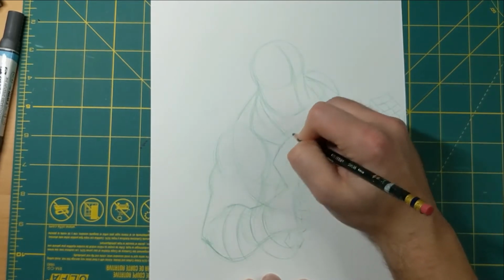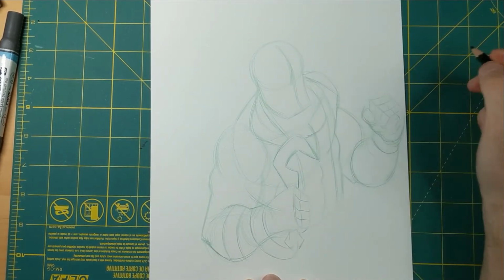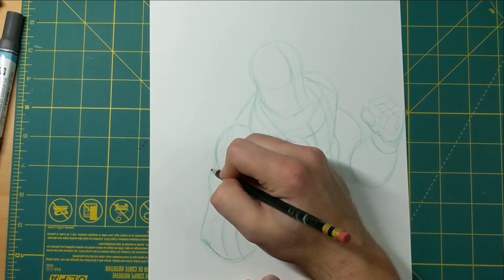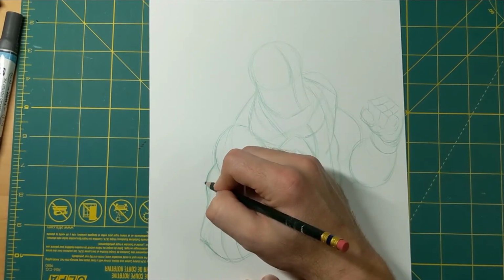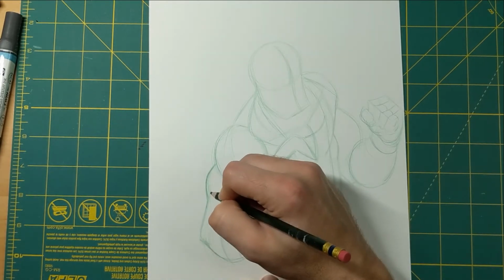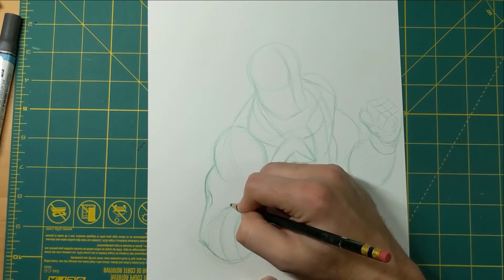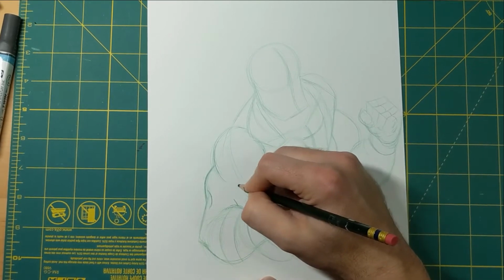Okay, now I'm gonna darken a few things real quick just so you can see the shape of them before I move on. For this arm, you can get a little more defined. The tricep right here, it's like a curved line out to this point and then a curve back down. You put this little indentation there for the muscle, and then bicep. Lobo is kind of like a big hulking character, so you can draw some big arms